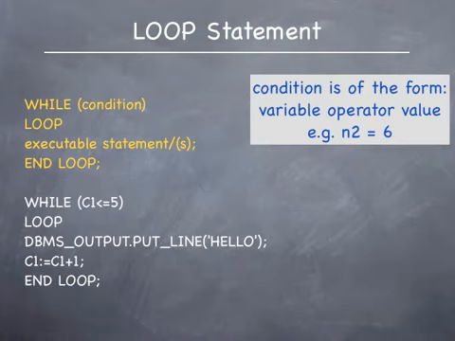The while condition is then followed by the keyword loop. The construct ends with the words end loop. Between the loop and end loop are the statements that you must write that must be executed repeatedly. Within the loop end loop statements, you will write the statement that will modify the counter in such a way that the condition will become false at some point in time. As long as the condition is true, the statements within the loop end loop statement will be done.